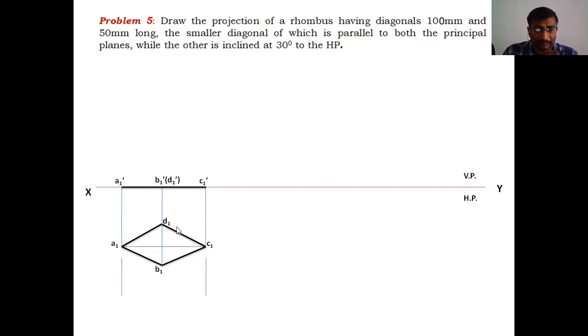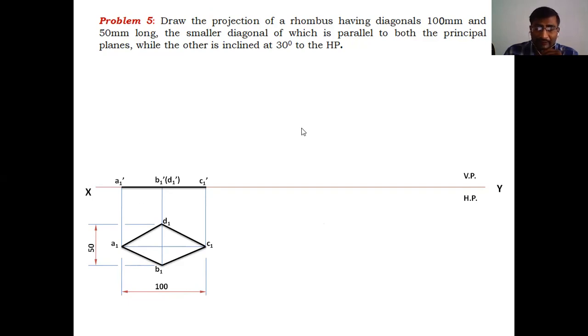And the dimension of the rhombus is longer diagonal 100 mm. Draw the 2 extension lines from each point of A1 and C1 and represent the dimension as 100 like this. This is the length of A1 C1, 100 mm, that is the longer diagonal length. Then draw the extension lines for locating the dimension of the shorter diagonal B1 D1. The length of B1 D1 is 50 mm. This is the 50 mm. Okay, these are the dimensions of the rhombus given in the problem.